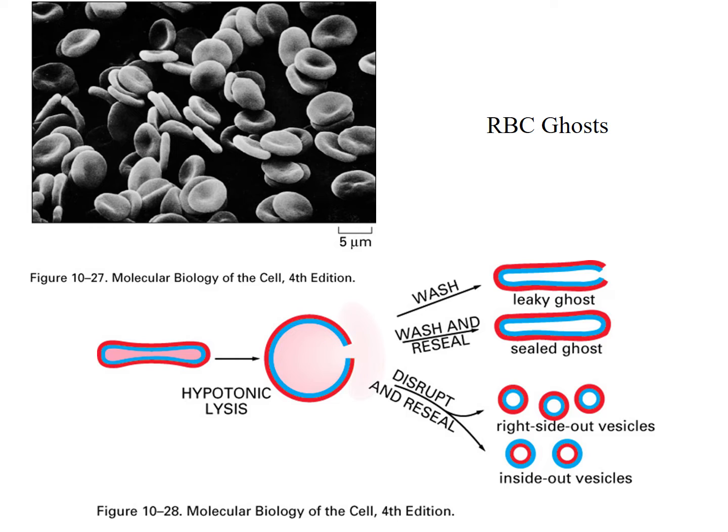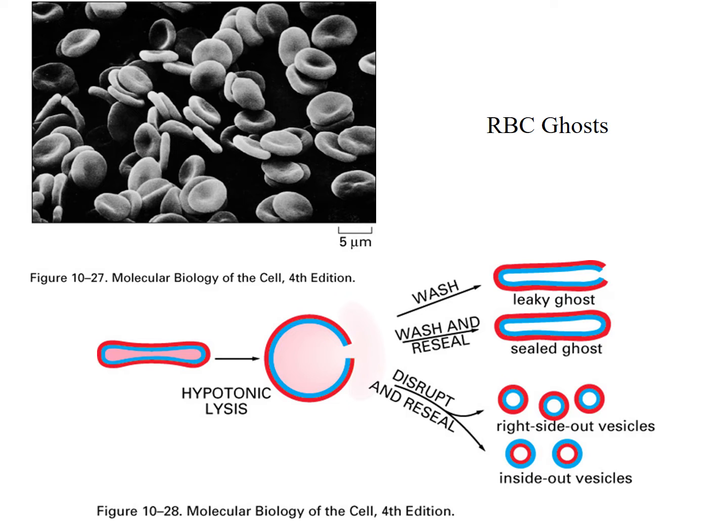So go back to your high school here. Hypo means water, fluid moving in. Hyper, you're sweating, you're losing it. Iso means no net movement in or out. So this is the red blood cell. You harvest these, put these into a hypotonic